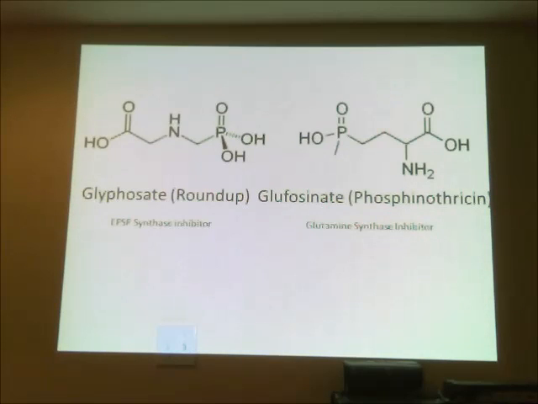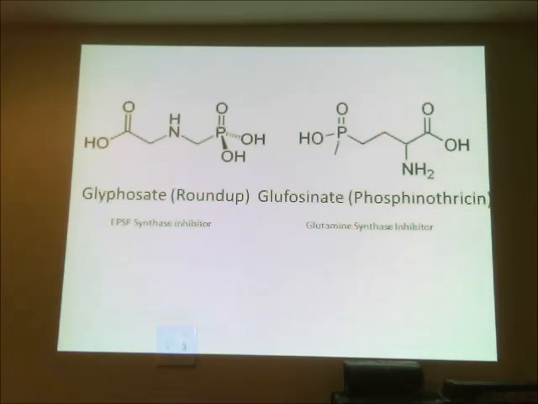These are two compounds that are somewhat related in terms of structure, but their mode of action is entirely different. So the first one is a compound that we talked about already in a previous lecture, and that is Roundup. We mentioned that Monsanto had developed a compound called glyphosate, and it's a big seller. And one of the things that they wanted to be able to do is to be able to apply it, since it was something that wasn't very selective and pretty much kills everything that it comes in contact with.